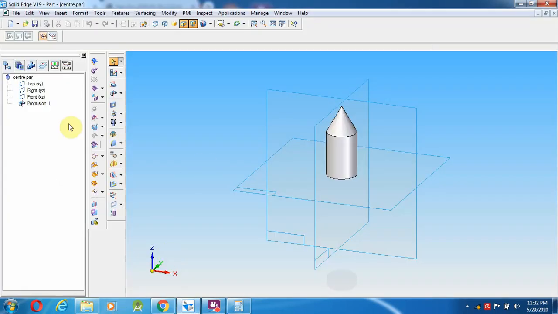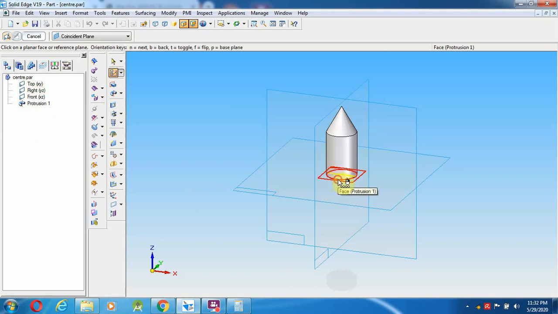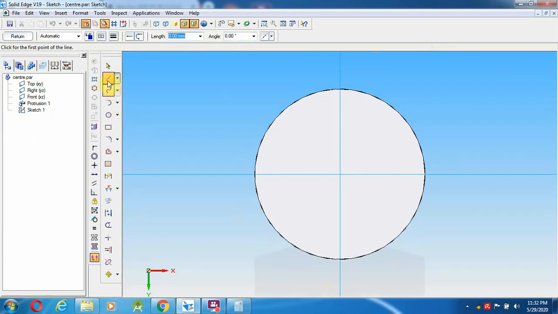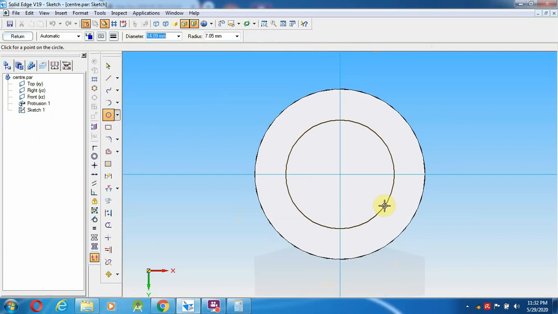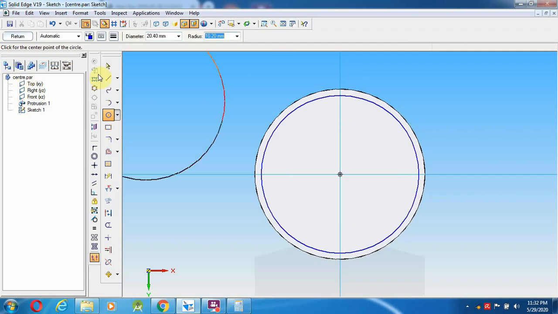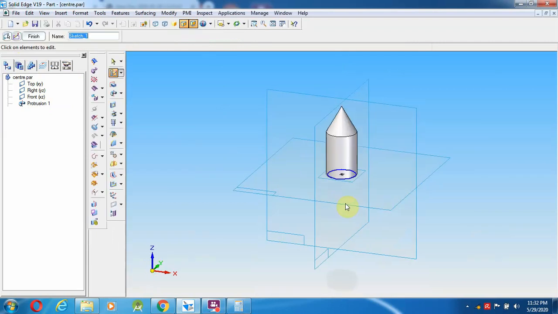So we can go over here and select the sketch option. I'm going to select from here to 20.4. I draw a circle, then I'll come out.